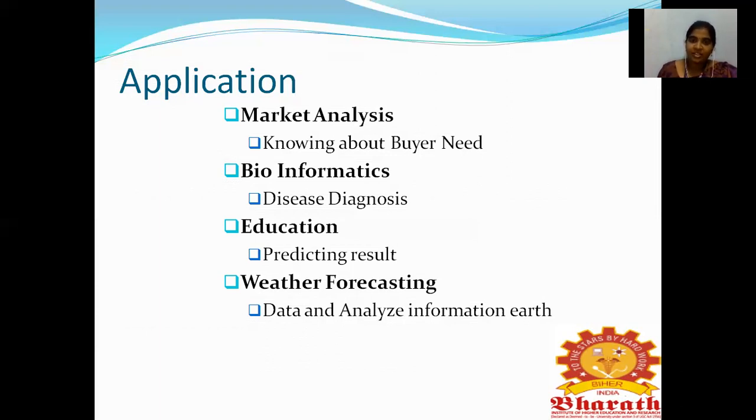What is the knowledge? If the customer buys a laptop, they will buy accessories, and that is possible, not compulsory. It is possible that they buy accessories and software. This is our predicted knowledge. This is helpful for making the decision on purchasing the product. Suppose they are purchasing a laptop, they can go for purchasing the software, so the possibility of sale is good. That is knowing about the buyer's need.